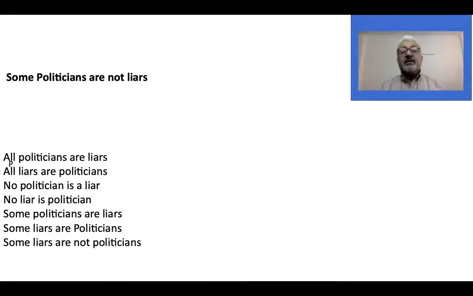You know already the four kinds of statements: universal affirmative, universal negative, particular affirmative, and particular negative. Now, this statement has got a "some" in it, hence it has to be a particular statement. Does it have a yes or no? No, or "not". Yes. Therefore, the statement is particular negative. So how should we draw a diagram which would depict some politicians are